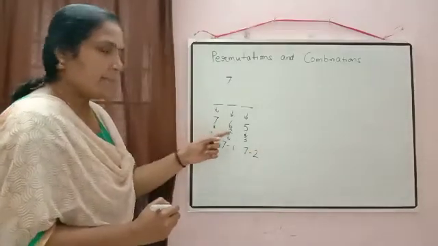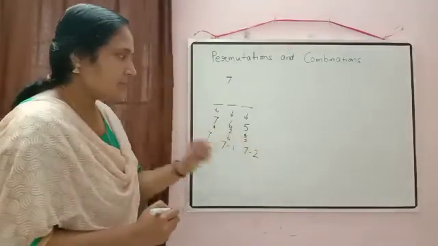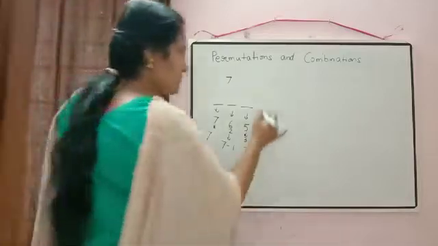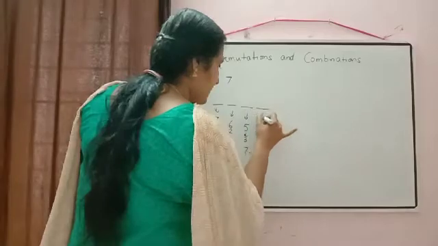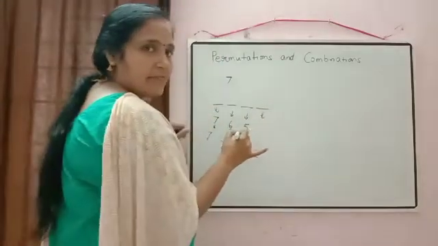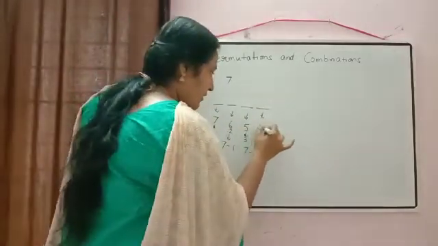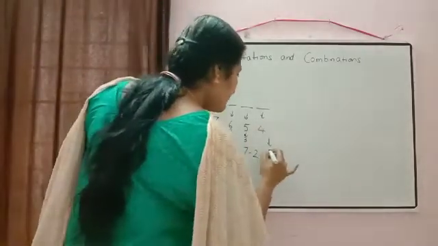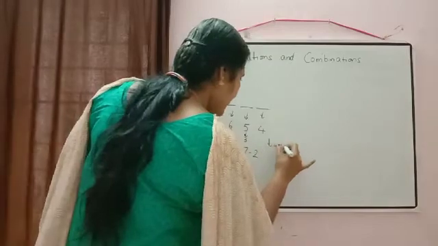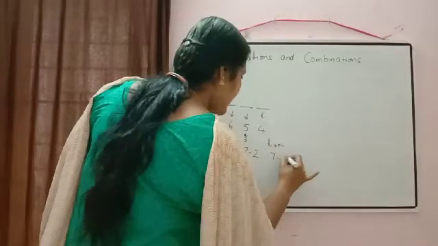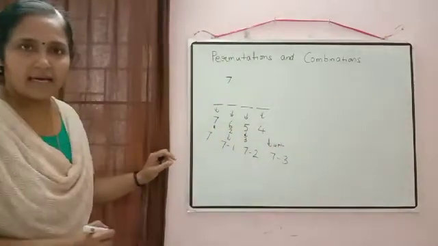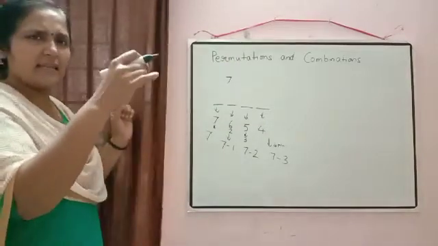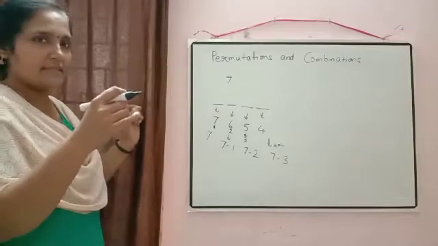Just check the places and the numbers which we are writing there. If I have to make a 4-digit number, then the fourth place can be filled in 4 ways. How do we get 4? This is the fourth place we are filling, and here it will be 7 minus 3. I am writing this so that when I write the letters, it will be easy for you to understand.